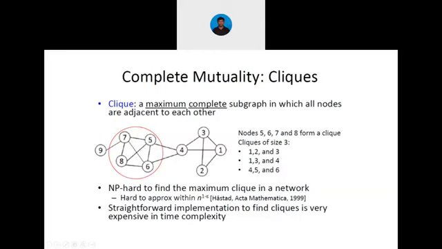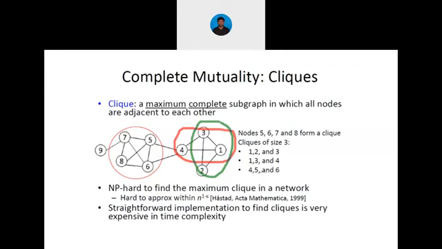This is one subgraph, a clique of size 3. It consists of 3 nodes, 1, 2 and 3, and each has its own connectivity to all other vertices present in this subgraph. And then 1, 3, 4. This is another subgraph, a clique of size 3. Every node is interconnected with each other. A clique of size 3, 1, 3, 4.